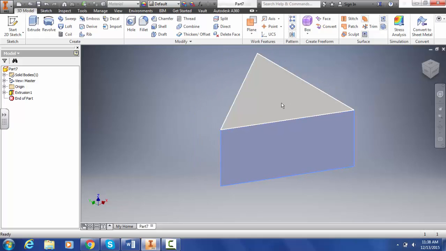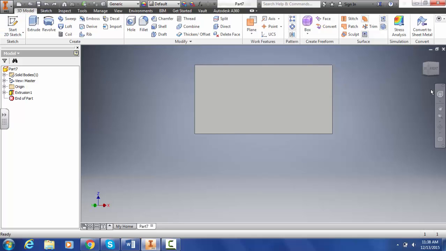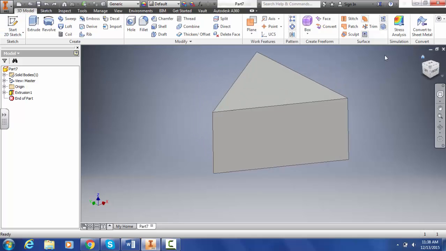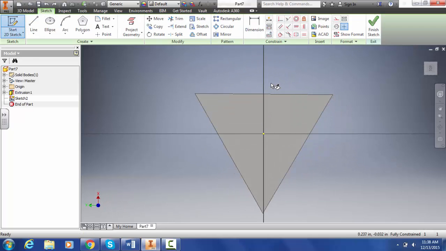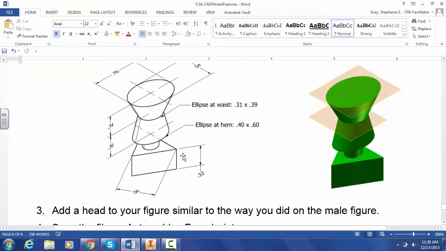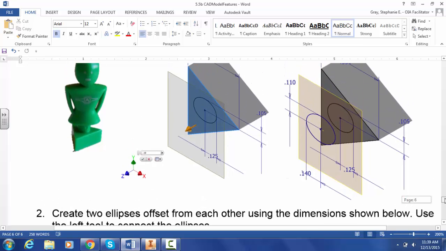Okay, now I need to start a 2D sketch on the top triangle here to make my ellipse. Try that again here. So right here, I need to start a 2D sketch up there. There we go. Okay, so to make my ellipse, if I go back up here, the first ellipse that we're going to make